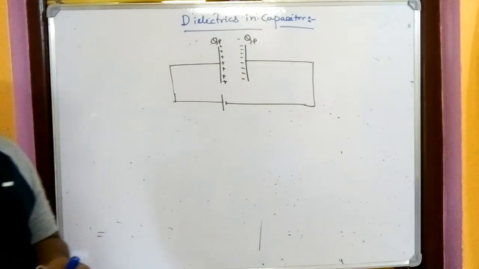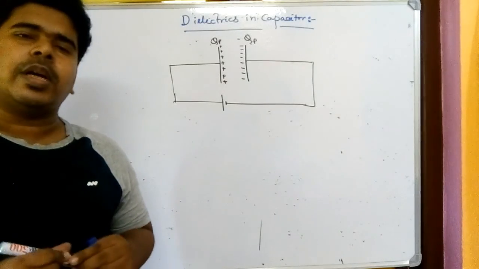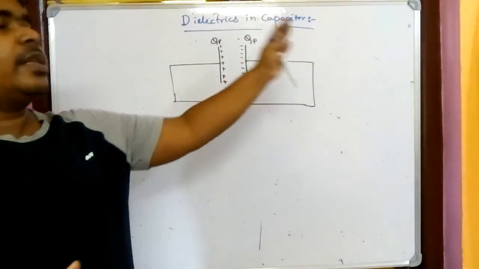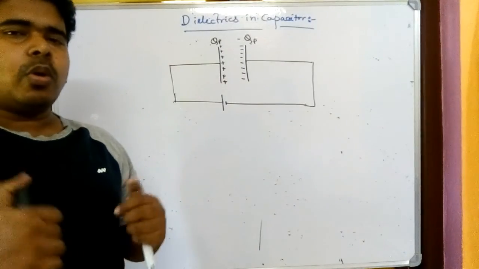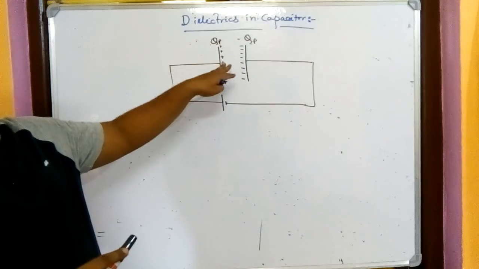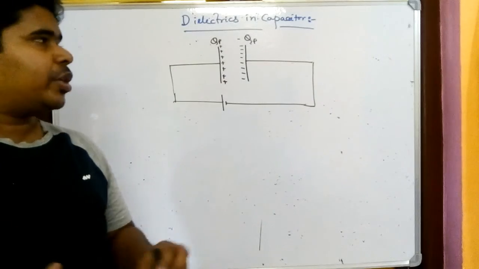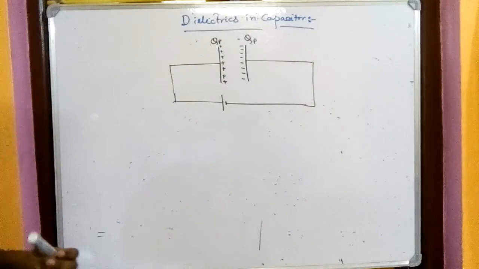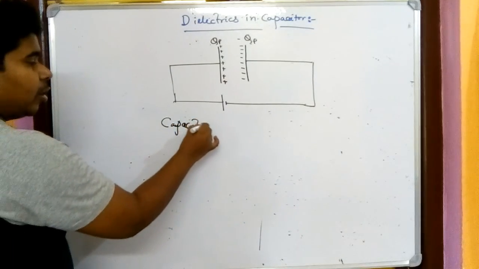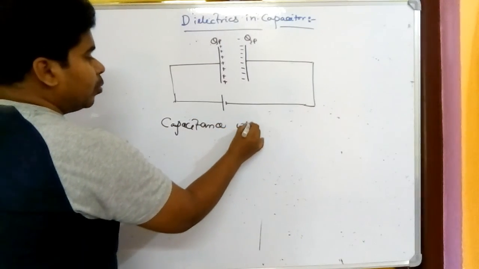Our intention is that if I store the charges, then for a certain instrument where a large amount of current is needed at the time of starting, I can easily supply that current. So that capacitor will be effective which can store much charge. Capacitance is also one property of a conductor by which it can store the charges. So capacitance will be more,